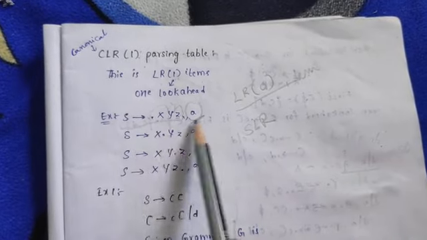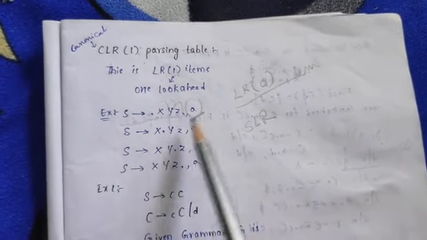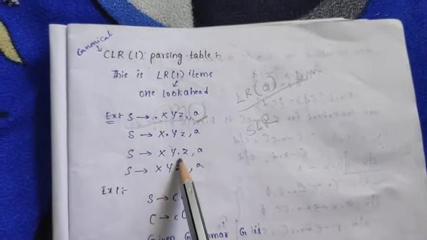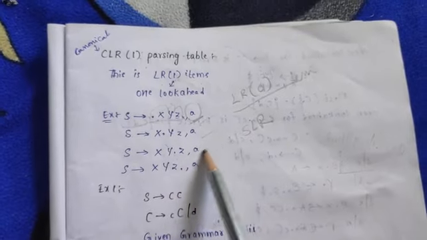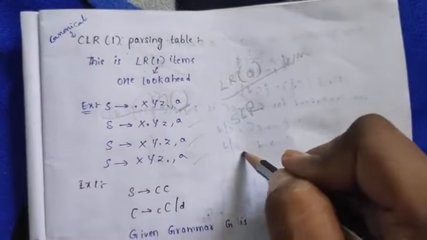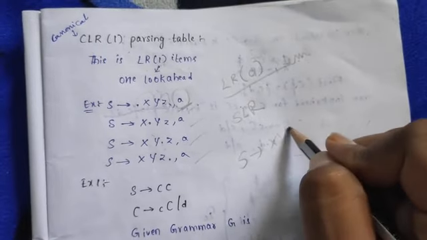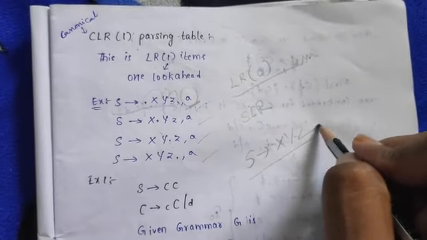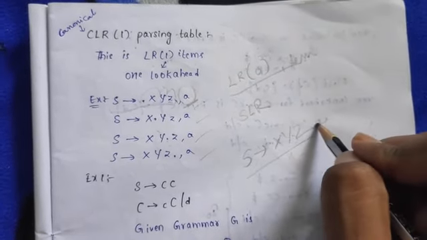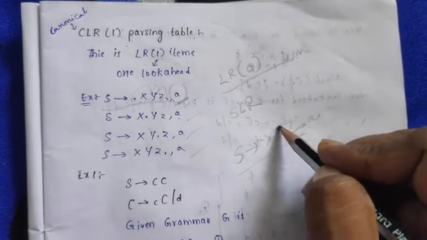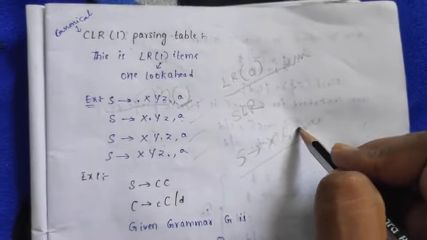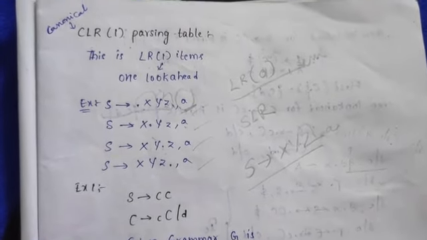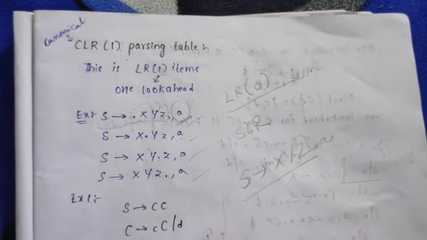Then the complete grammar production is completed like that. So these are all the items of this grammar. First the dot is here, second here, by moving this one here, like that. These are all the individual elements of the given S tends to XYZ production. The dot starts here, this is the first element, comma A, and the dot moving here is the second element, here the third element, and the dot moving here is the fourth element. Like that the total procedure can be divided into different LR items.